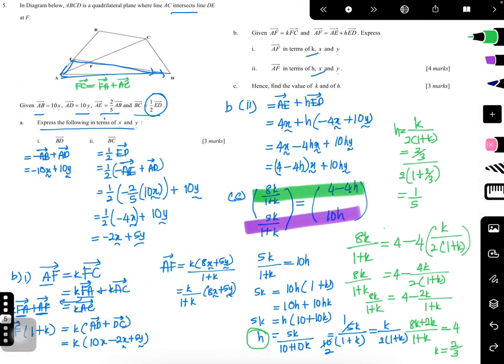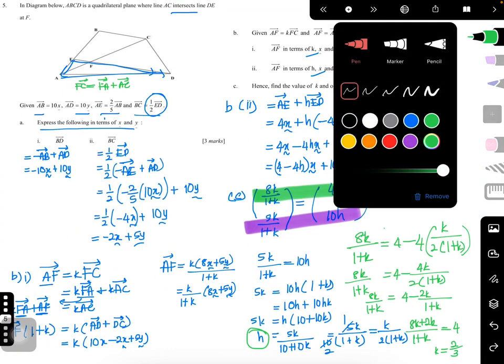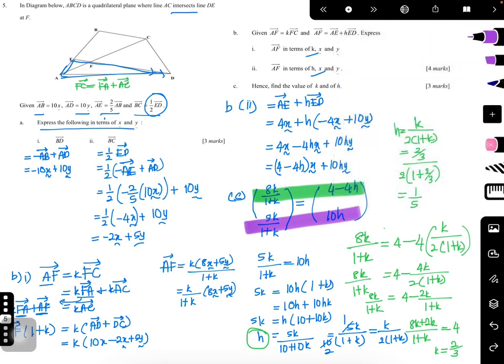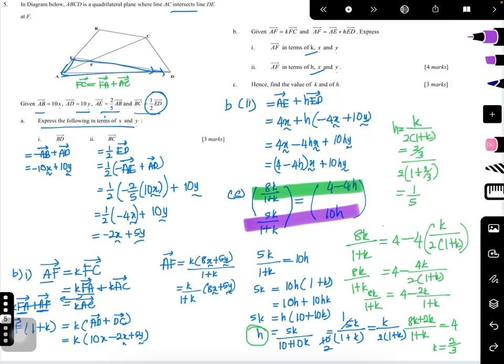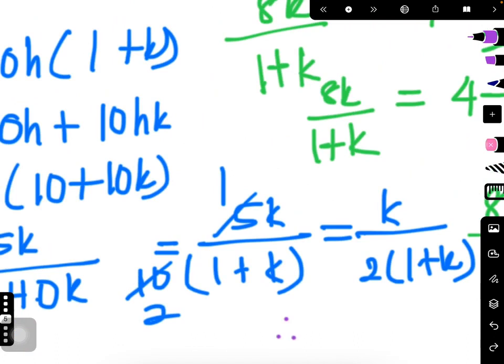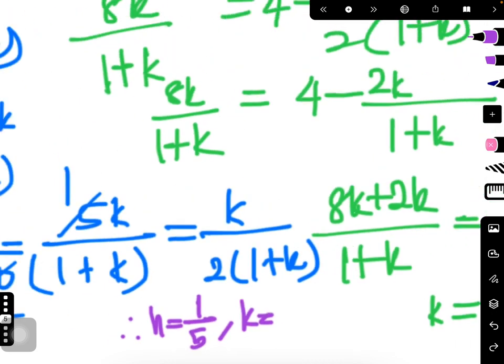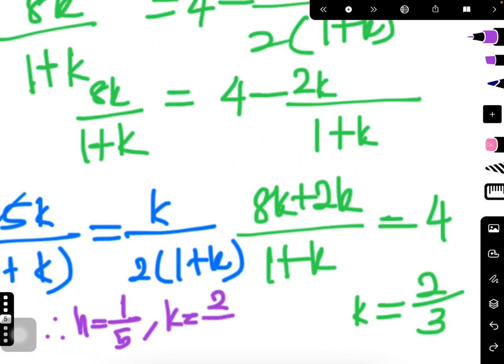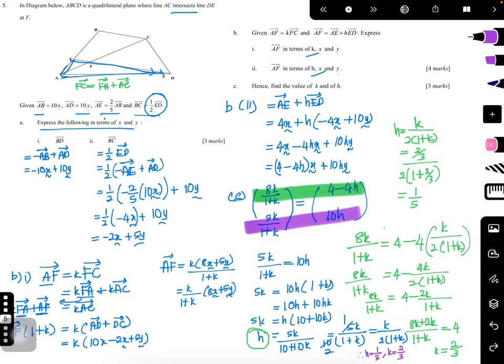But we need to put the last answer somewhere else. We can place it like this. We put that h equal to 1 over 5, comma, k equal to 2 over 3. So we will get the full mark. Okay, that's all for me for the first part. Let's continue for the